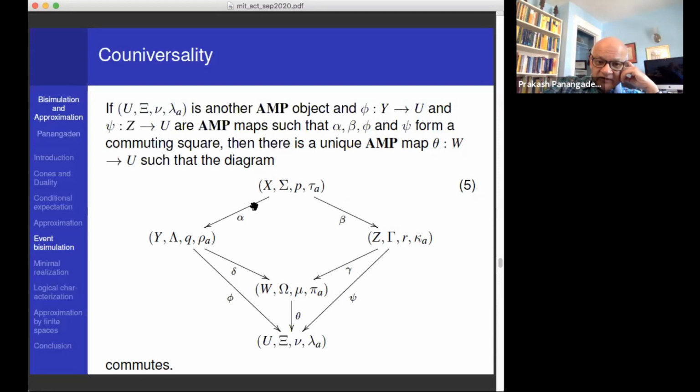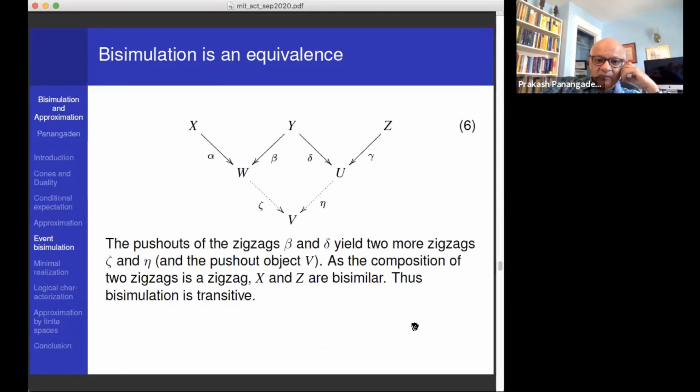So the point is, if alpha and beta are cospans of zigzags, then this delta and gamma will be zigzags as well. So this tells you that you can now actually compose bisimulations. So if X and Y are bisimilar because there is a cospan into a third thing W, and Y and Z are bisimilar because there's a cospan into Y, then I can do a pushout of this span and get a